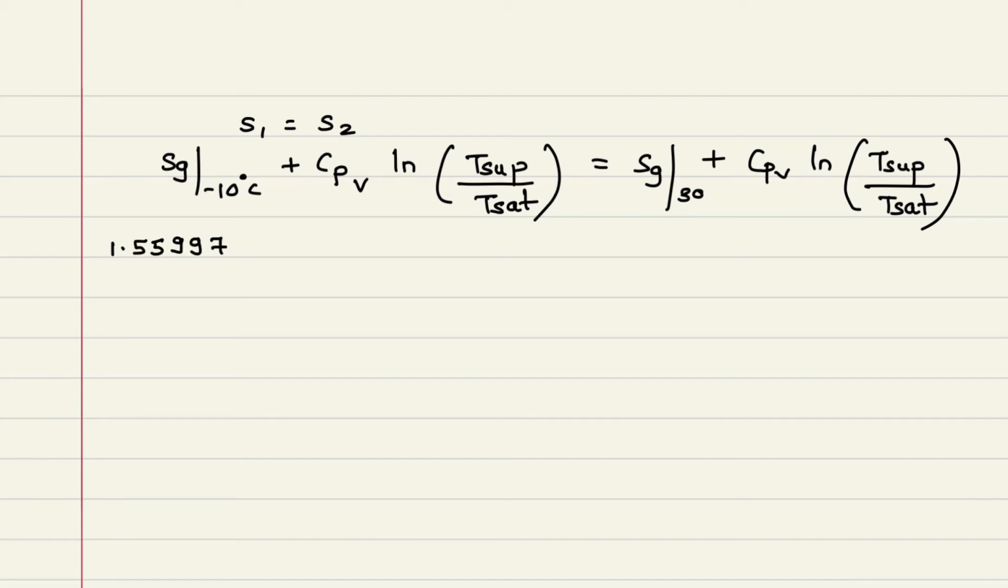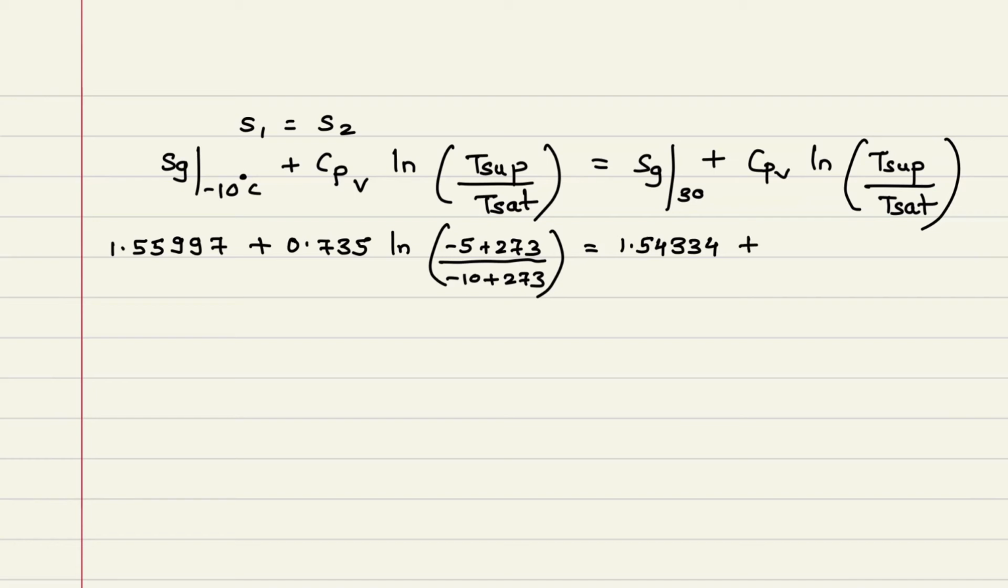1.55997 plus Cp of vapor 0.735, given in the question, log T sup over Tsat, it is -5 plus 273 upon Tsat, it is -10 plus 273, equal to the Hg value we have read, 1.54334 plus Cp of vapor 0.735 log T sup, which we have to calculate, upon Tsat, it is 30 plus 273. So the only unknown in this equation is T sup. So T sup